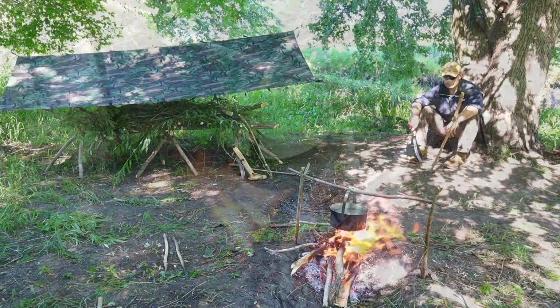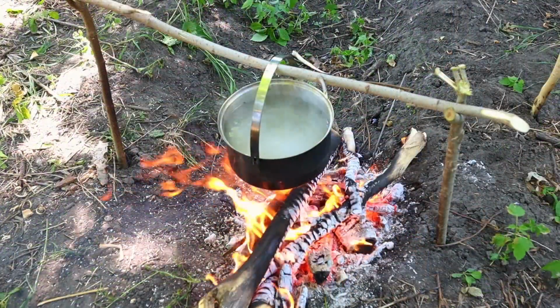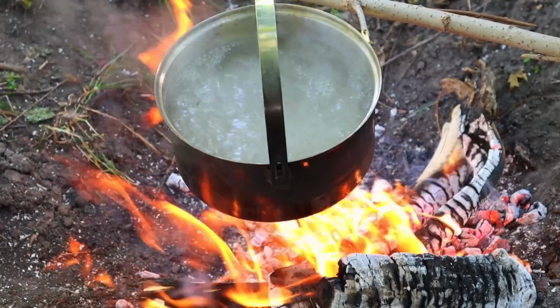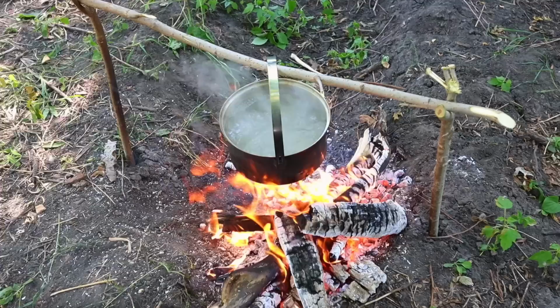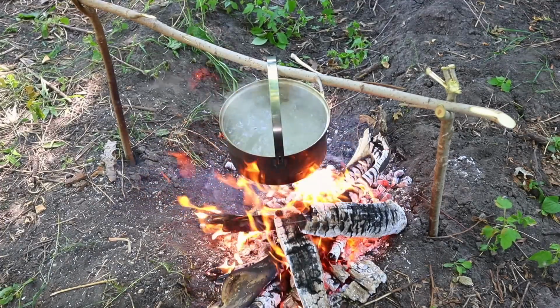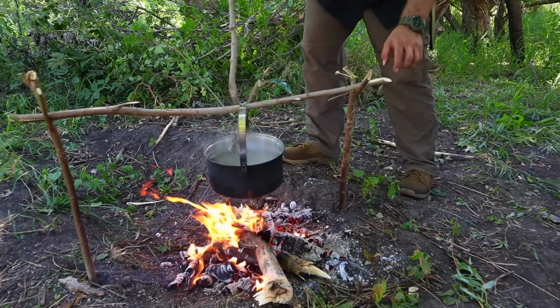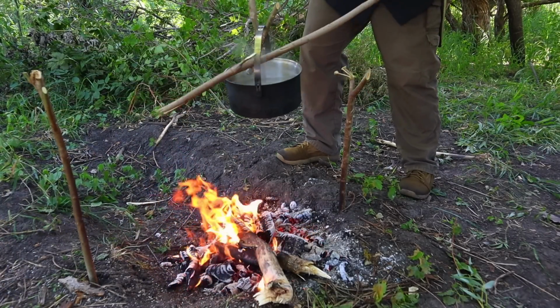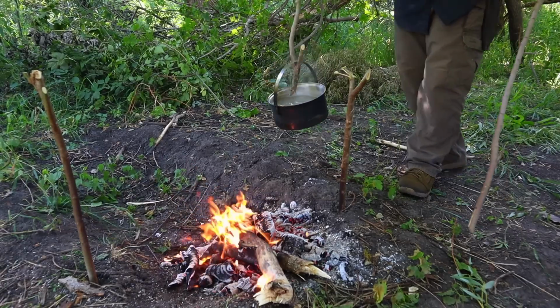One thing we could do is create just a simple hook by harvesting another Y section of material from the landscape. We're going to cut out the neck of the Y below the fork, leave one of the forks long, one short, and then we have just a simple hook with a handle that we could use to actually secure the bush pot handle, get it off the pot hanger, remove the horizontal section, and lower it to the ground